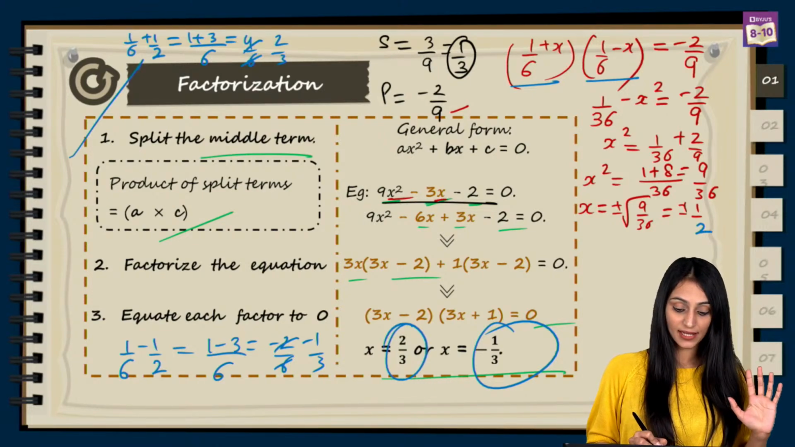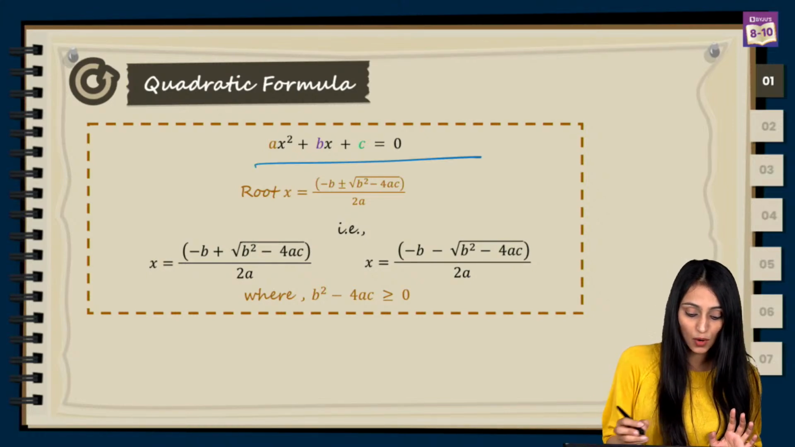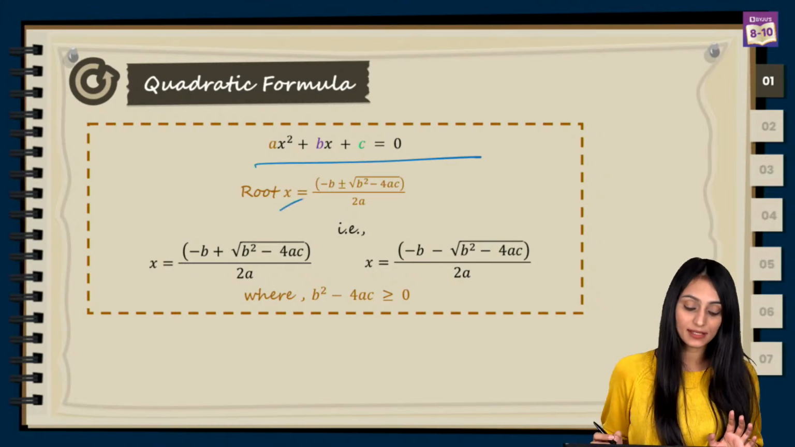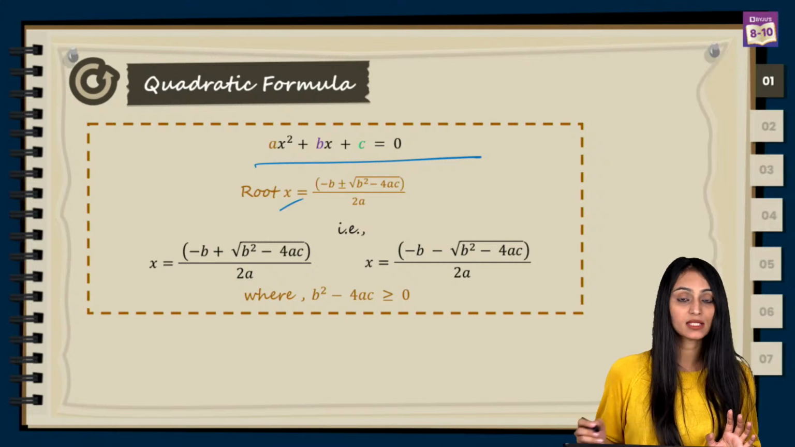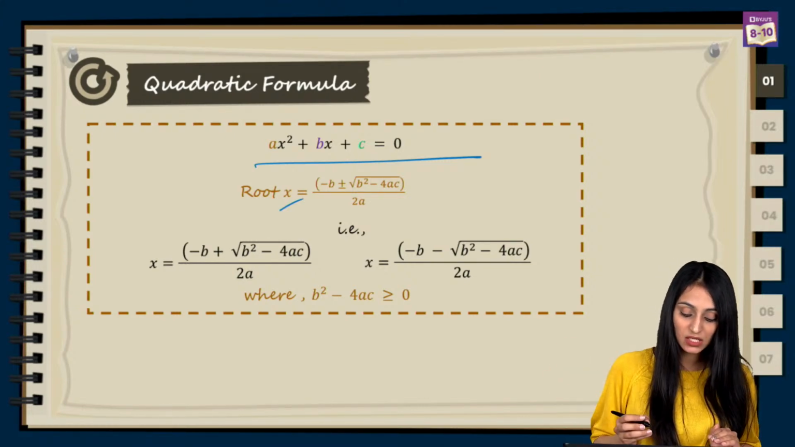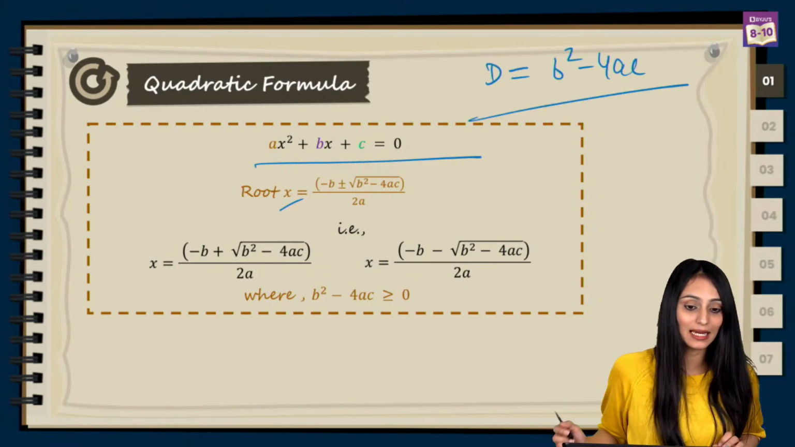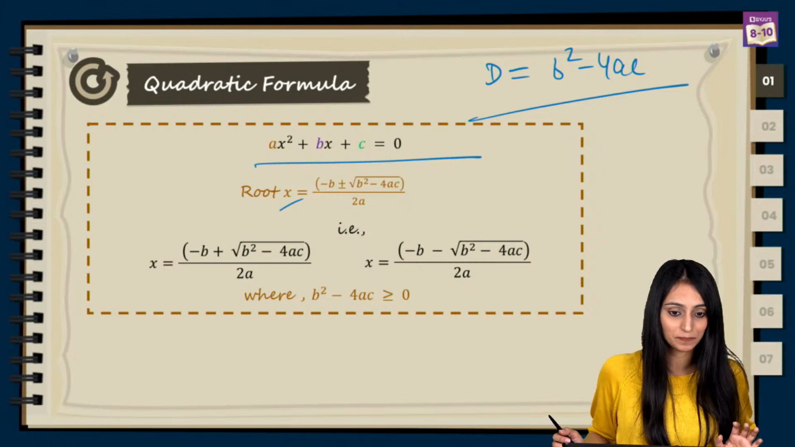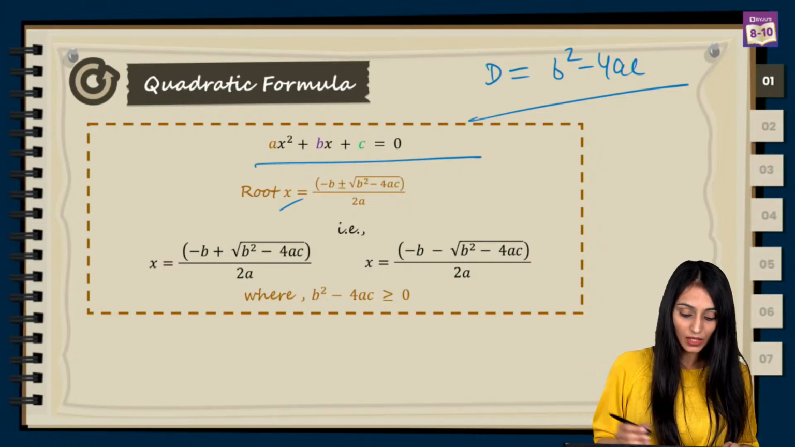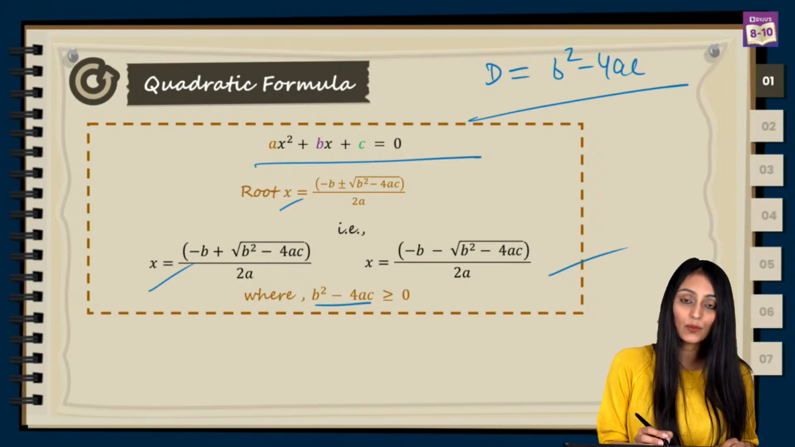So this was about factorization method. Then we have the quadratic formula, right? So this is the general form. And how do we find out the roots? In this case, we have minus b plus minus square root of b square minus 4ac by 2a. And we all know what b square minus 4ac is. That's basically the discriminant, right? Instead of this, you can write D as well. Correct. So these are the two values, right, that you get, where b square minus 4ac would be greater than